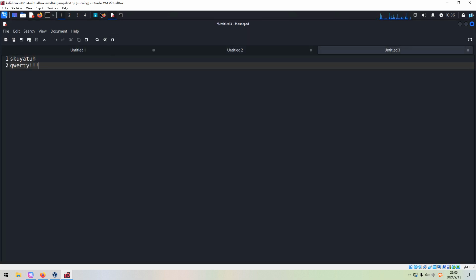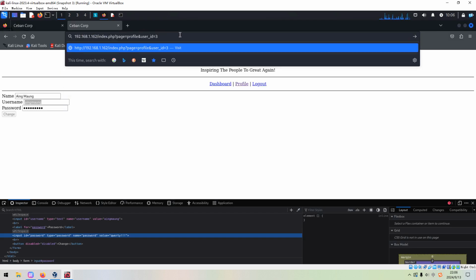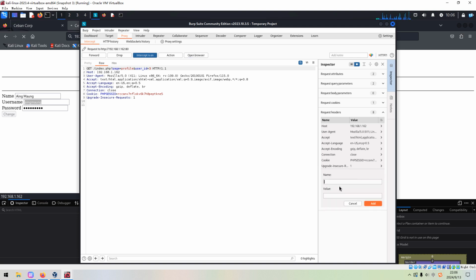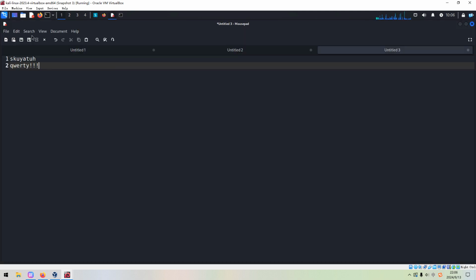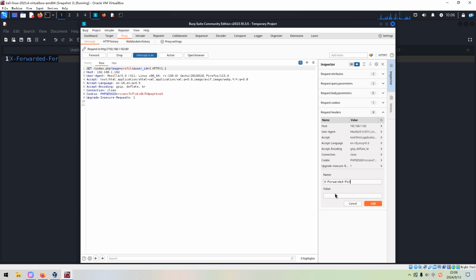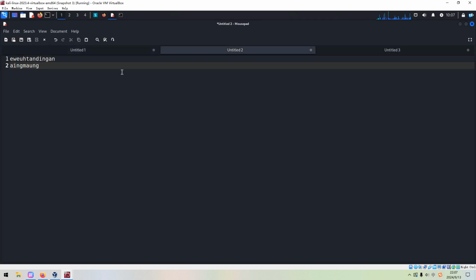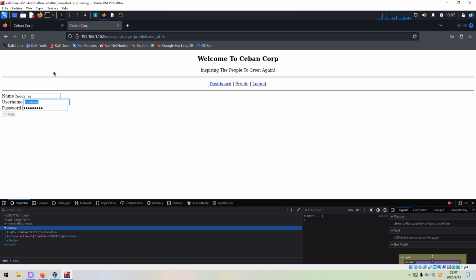Okay, so now we can move forward to 3. Localhost, and we can get the third username and also its corresponding password.